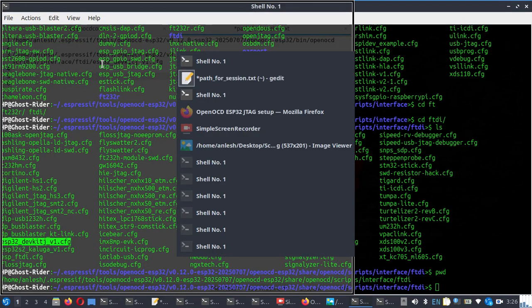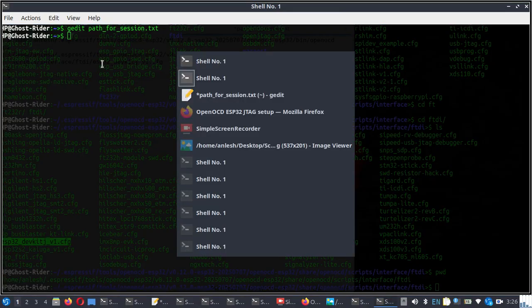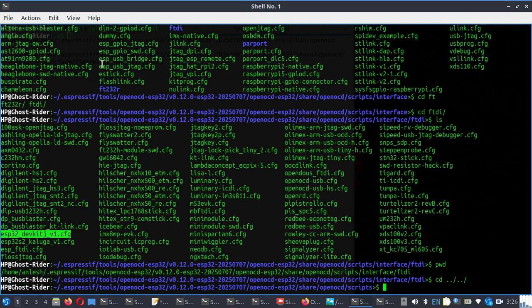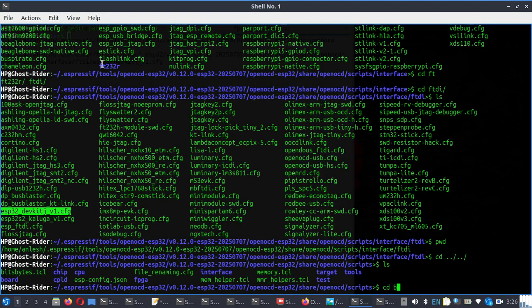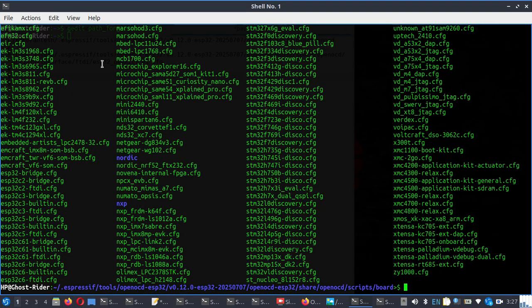Now we have to find our board specific, that is a devkit specific ESP32 specific file, for properly communicating with the devkit. So I'll go back 2 levels up. Here I'll find the board folder. I'll go inside the board folder. Inside the board folder I have to locate the ESP32.cfg file. So here the list of ESP32 is there,